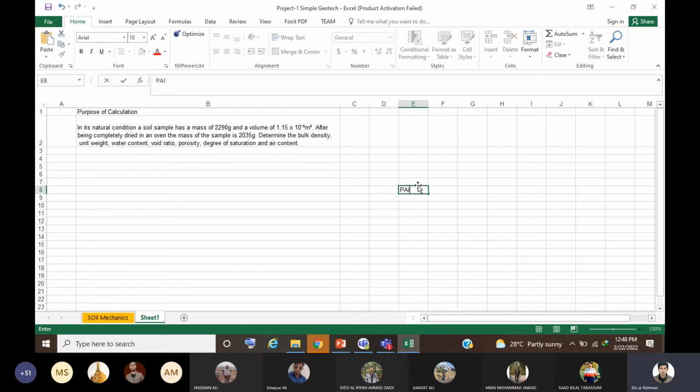Like when I write Pakistan, when I write P here, it would give me the autocomplete option. But when I write it in the row, it won't give me that option because I'm using the default option of Excel. If you want to change it, obviously you need to prepare a VBA for that, because we are not in the advanced module to prepare VBA at this stage. So I cannot tell you how to do that, but we could change the coding and we could do the autocomplete in the row as well.